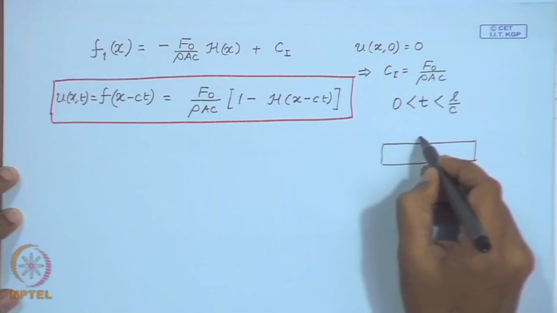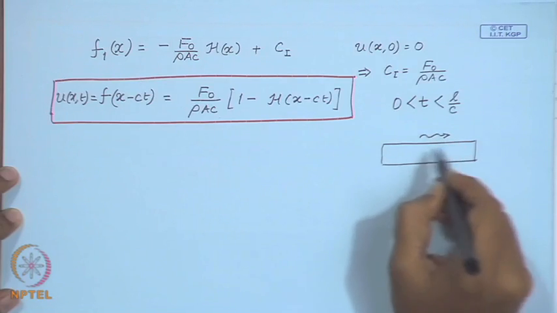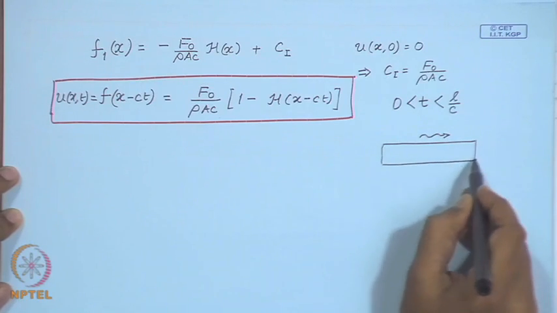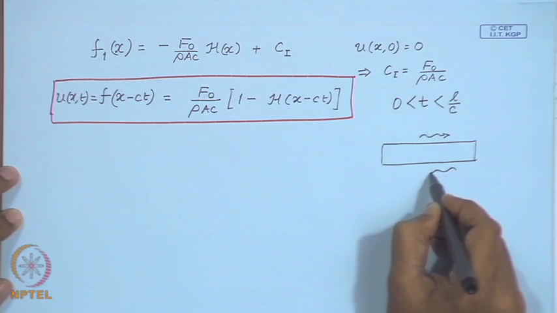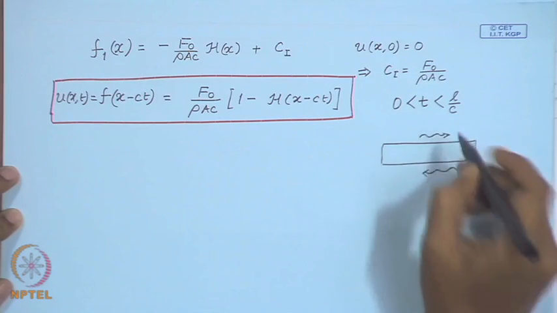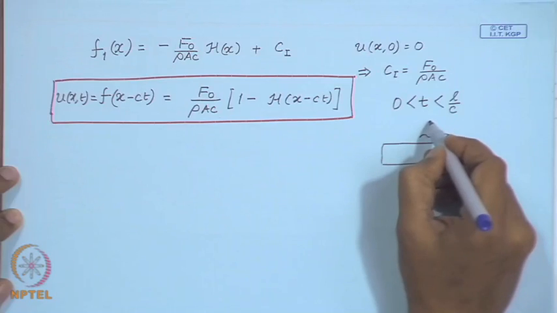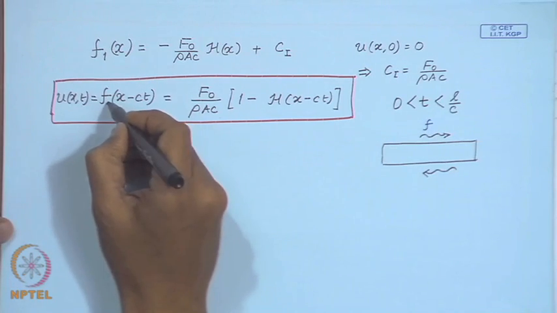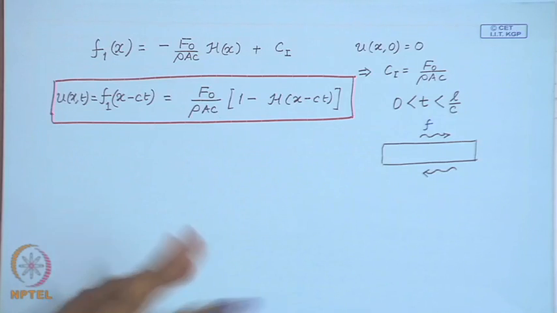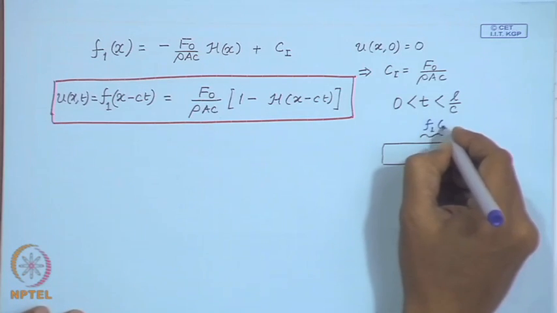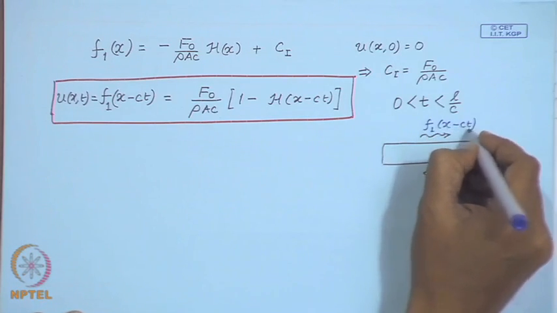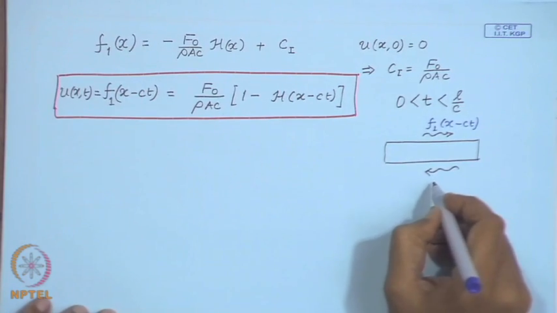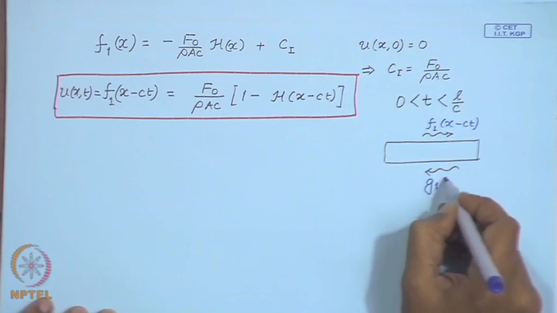So, here there is a front which is travelling, and that is going to hit the right boundary and reflect back. So, this is f, this was f 1. This is f 1, that is incident on the right boundary, and what gets reflected I will represent as g 1